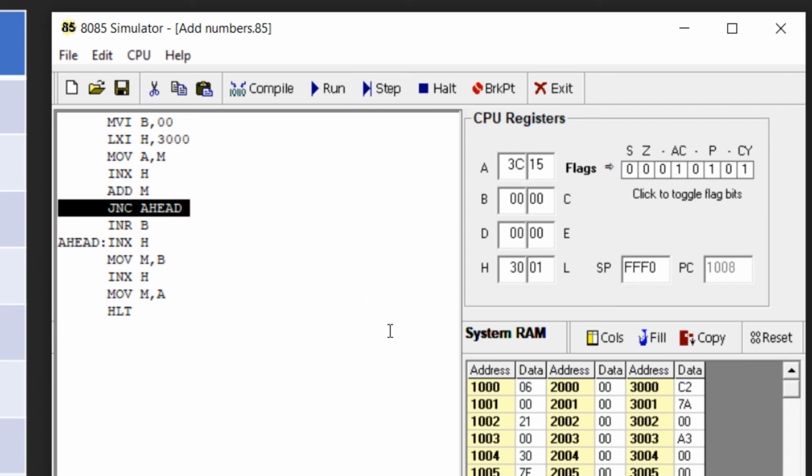So we get the result as 3C in A register, and you can see now that the carry flag has become 1 because of this addition. Addition of C2 and 7A, the carry flag has become 1. This carry flag is 1, and therefore we will have to increment the B value. So we will not skip the INR B. This is a conditional jump instruction. So in this case it will not skip the INR B, but it will execute INR B, and then it will